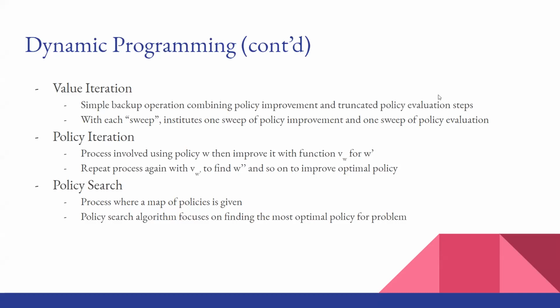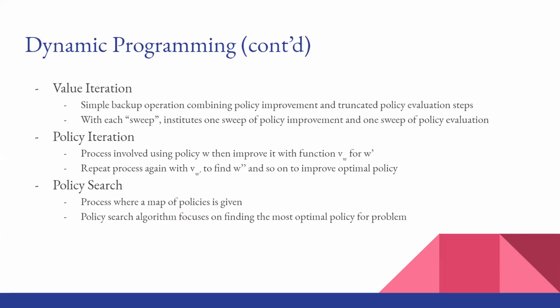Next, we're going to go over policy iteration. It's a process involving using policy W and then improving it with a function V of W to get W prime. Now, these are just variables; we don't need to go too far into it. Policy W can be any letter, anything whatsoever. We're saying it's a policy, and we're going to run it through a function, which we call V. We say V of W because we're specifically running the policy through the function to receive our optimal policy,